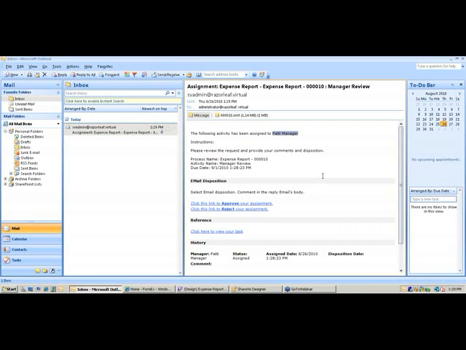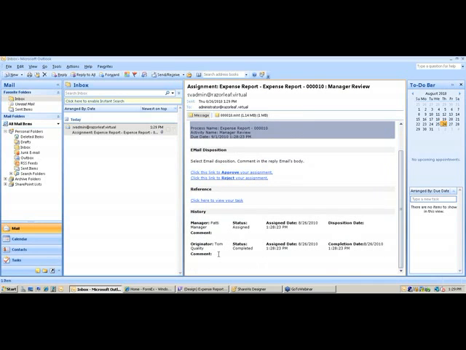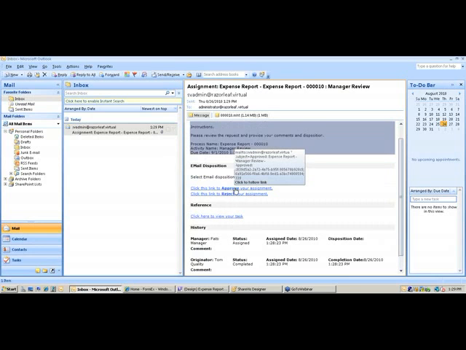Now, there's a couple things that are interesting about the way this works. Notice that Patty's email has a subject line. It has her assignment. Down at the bottom, there's some history about what has taken place already. And then notice also Patty has two hyperlinks that say click here to approve or click here to reject your assignment. It may be that Patty is the type of person who isn't frequently in the office. Maybe she travels a lot, and she gets her email through her BlackBerry or through her iPhone or something like that. Well,